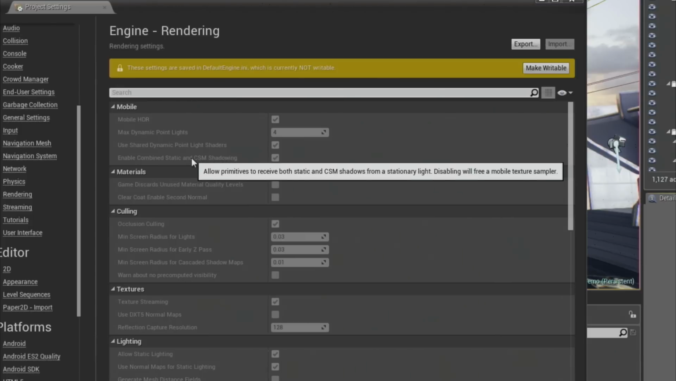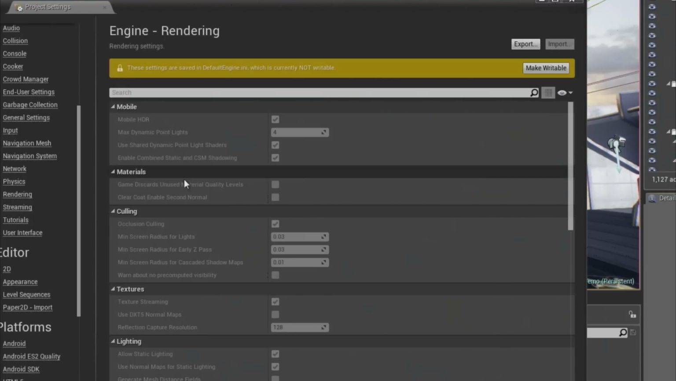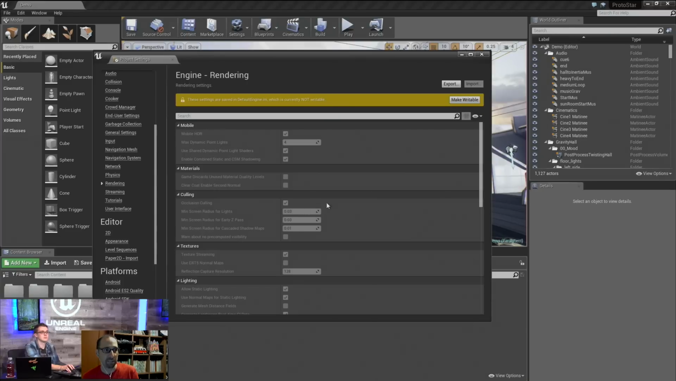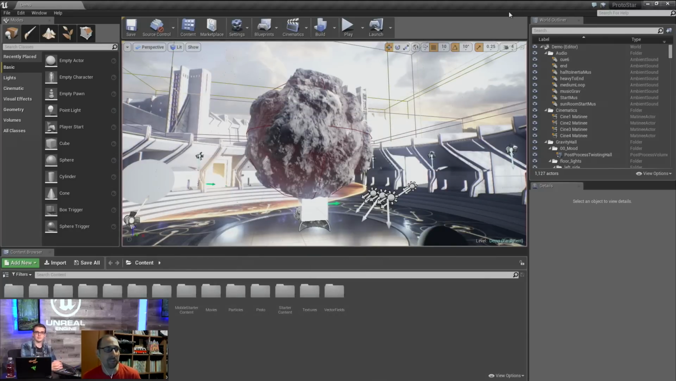So we went and turned that off for example, Sun Temple, because we were running out of textures with this enabled. Like everything on mobile, it's a trade-off, unfortunately. I'll get to that in a little bit as well about how we can solve this problem better in the future. But right now, yeah, you need to make sure that option is turned on, and then the directional